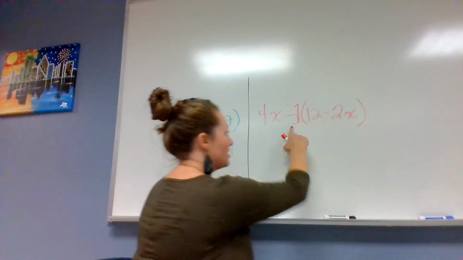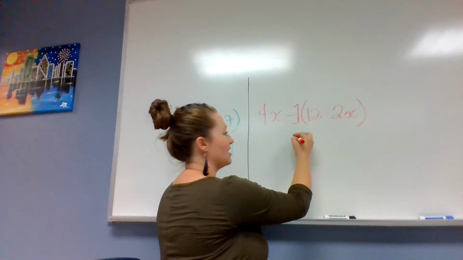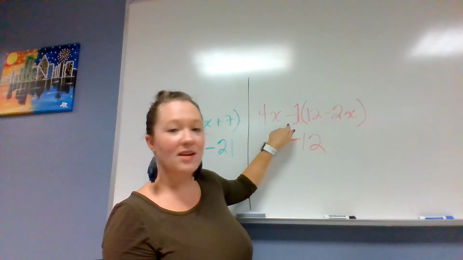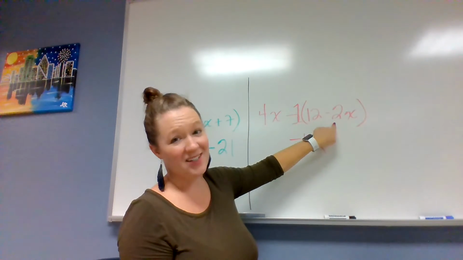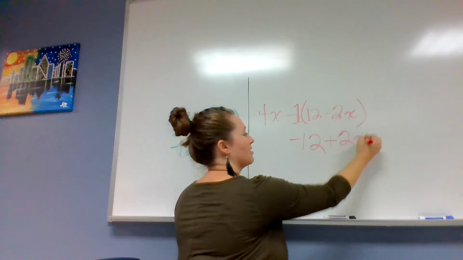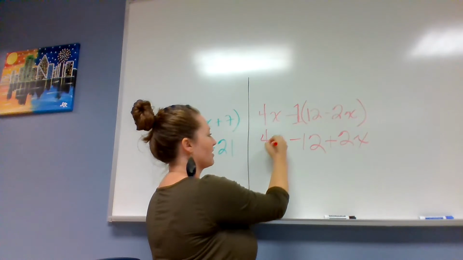Okay, so when I distribute, I'm going to do -1 times 12, and -1 times 12 gives me a -12, and then a -1 times a -2 is going to give me a +2. So this then becomes +2x. Now I don't want to forget my 4x that was left here at the beginning,